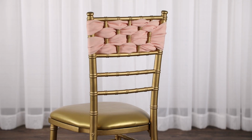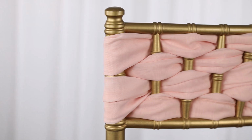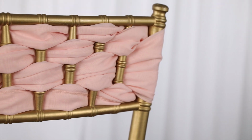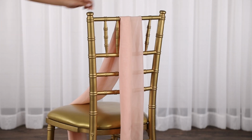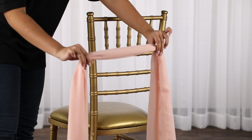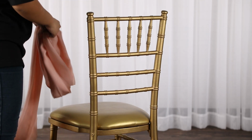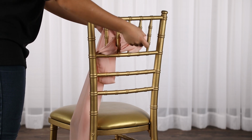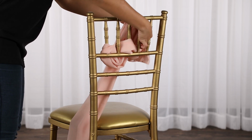If you prefer a more contemporary look with your Chiavari chairs or do not want the sashes to trail on the ground, the top weave tie is for you. This easy chair style also only uses 1 chiffon sash per chair. Begin by weaving the sash through the vertical bars using the under and over weave. When you reach the final bar at the end, pull enough of the chiffon through to wrap around the support bar